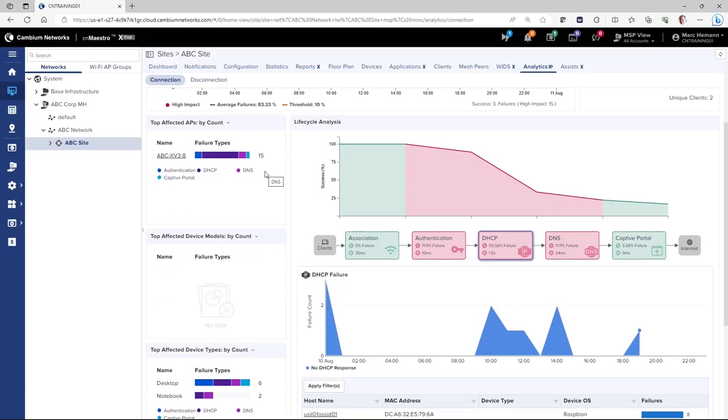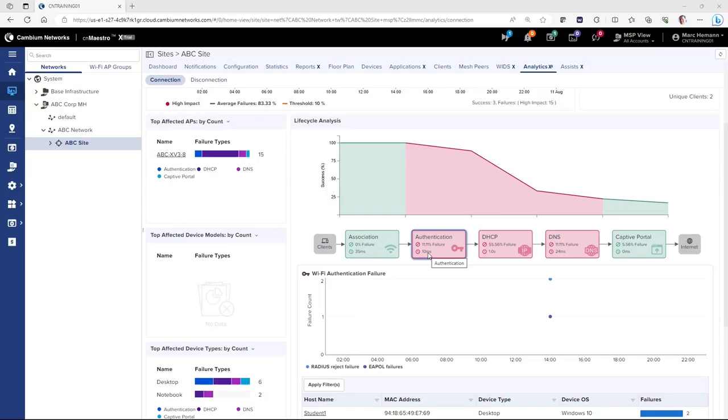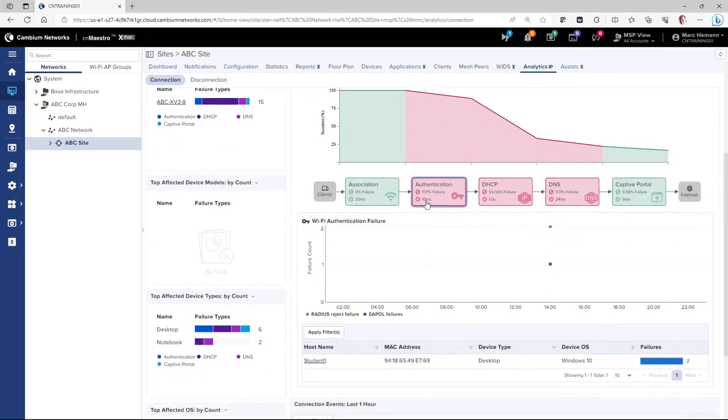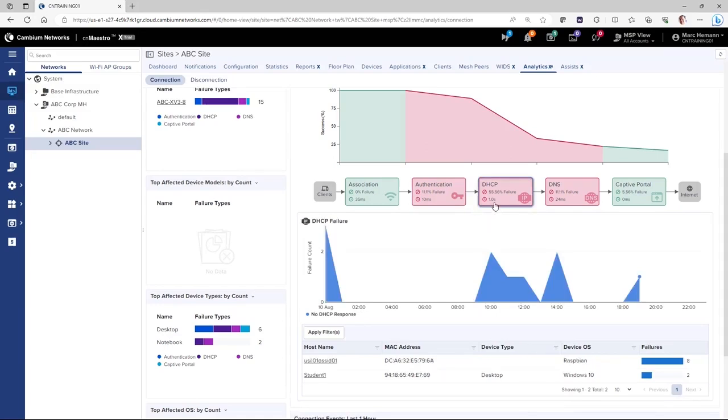The page also shows me the APs where the problems are occurring and an analysis of the percentage of failures within the different phases of the client connection process. Successful events are displayed in green, and events that experienced errors are displayed in red. I can select the different phases where the problems occurred, and the system will focus on the events for that